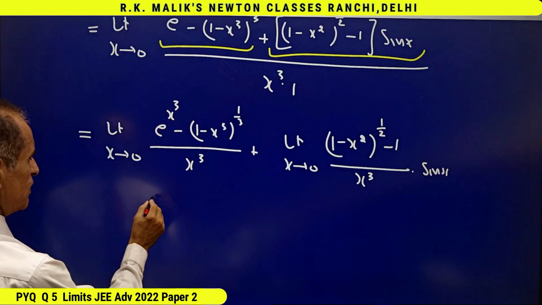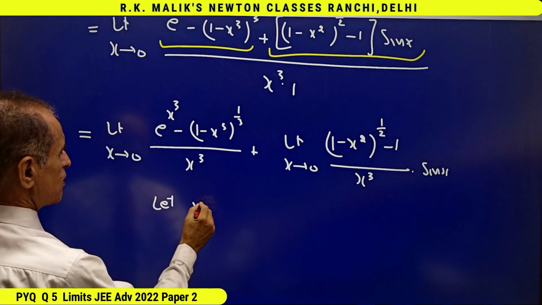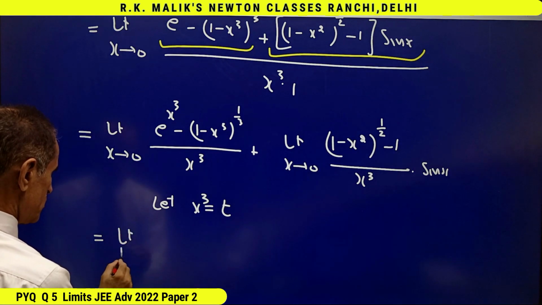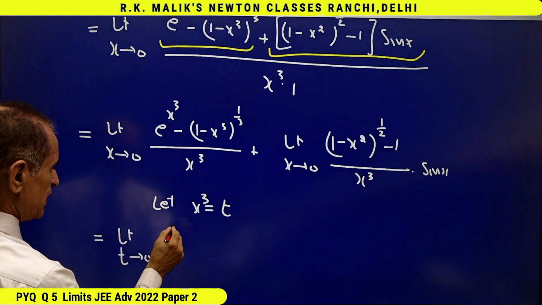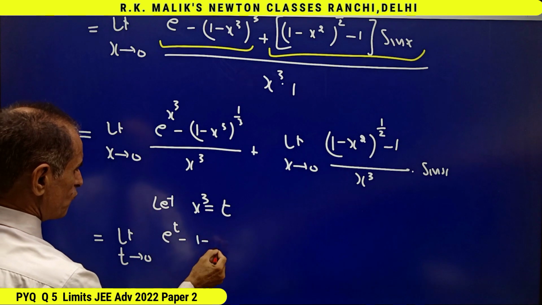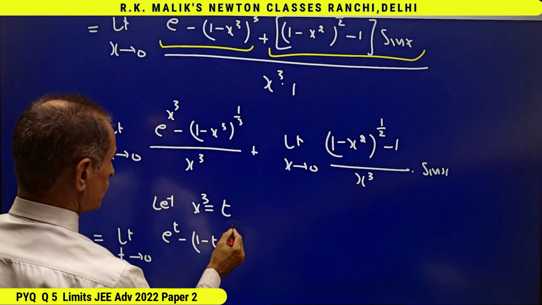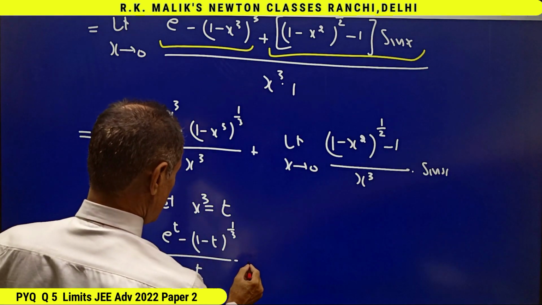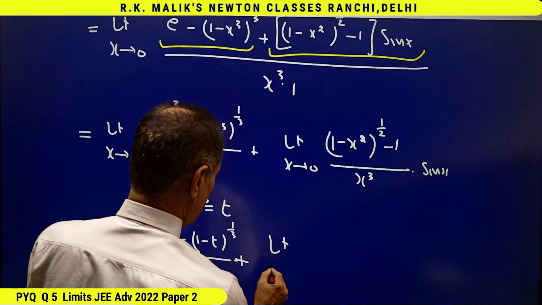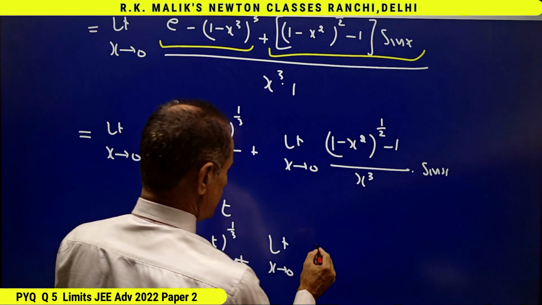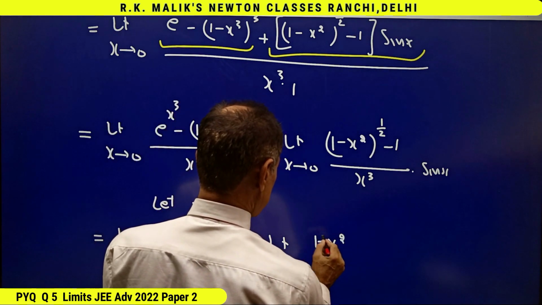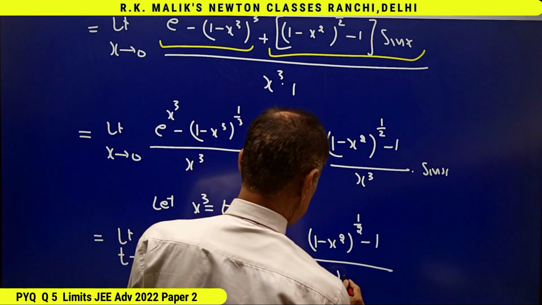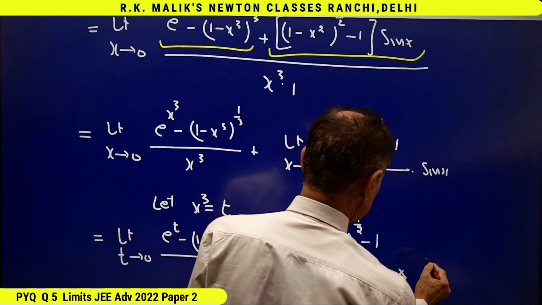And for this part, let x cube equal to t. This becomes limit t tends to 0 of (e to the power t minus (1 minus t) whole to the power 1 by 3) upon t plus limit x tends to 0 of ((1 minus x square) whole to the power 1 by 2 minus 1) upon x square